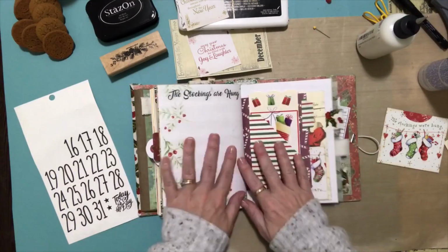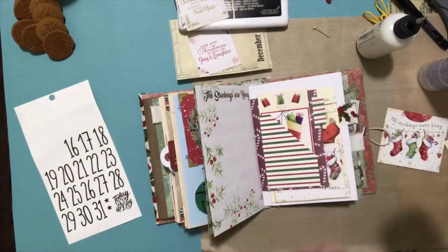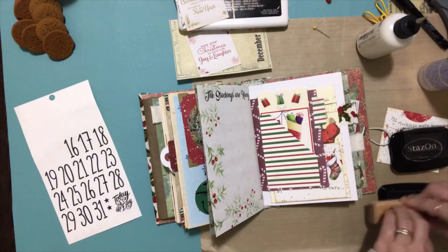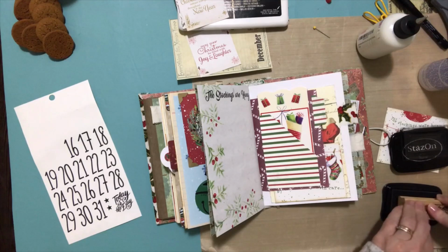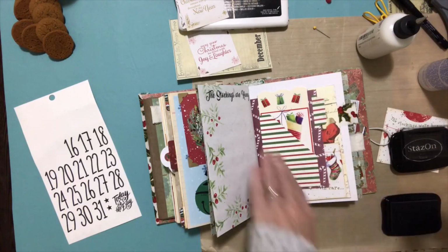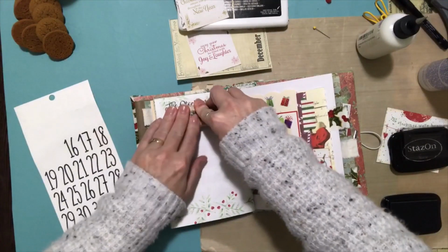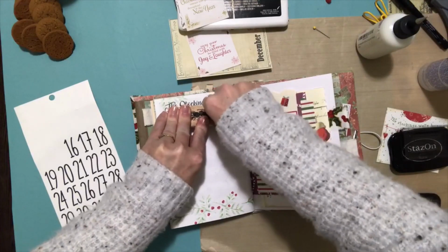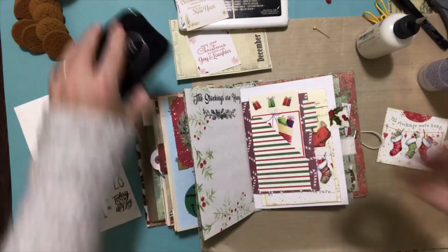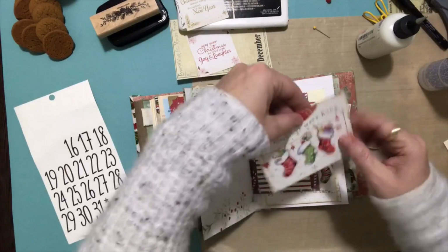And then I've got this one. And then on this side, I have this little stamp. And I'm worried that this isn't flat enough, but we'll give it a go. So I'm just going to ink up this stamp. Let's see if it's inked up enough and if I've got a flat enough surface. Yes, worked. Okay, so the stockings are hung,